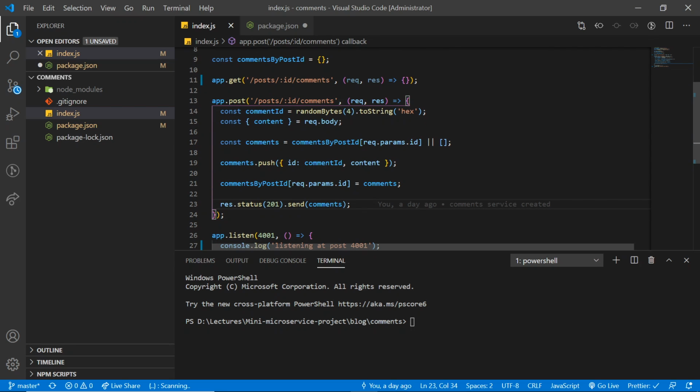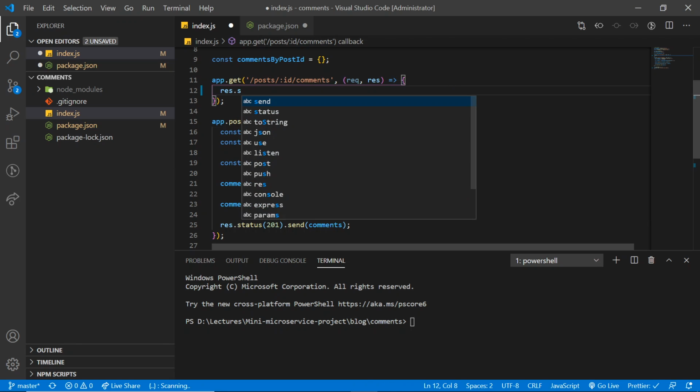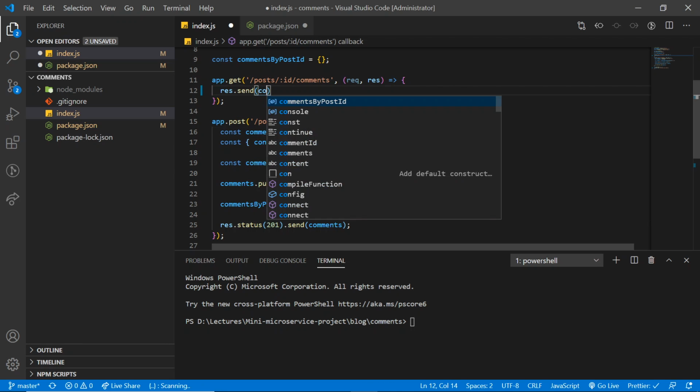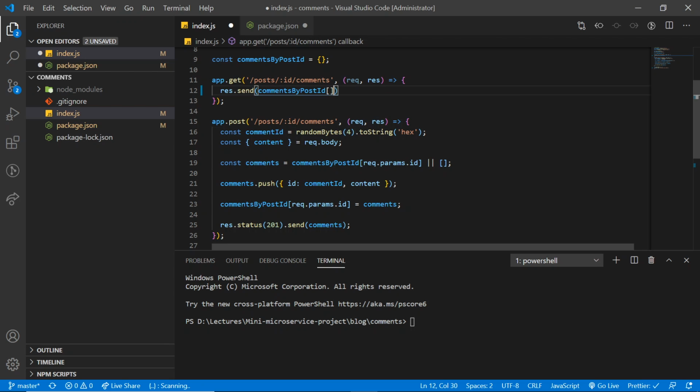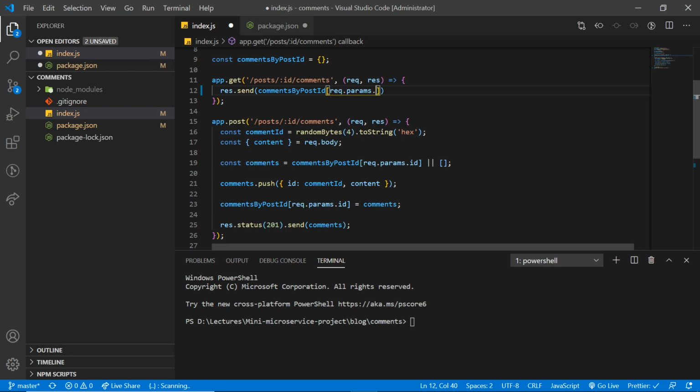That's it from the post part. Now it is the time to write some code for get handler. This is going to be quite simple. In order to handle the case of undefined, we can return empty array.